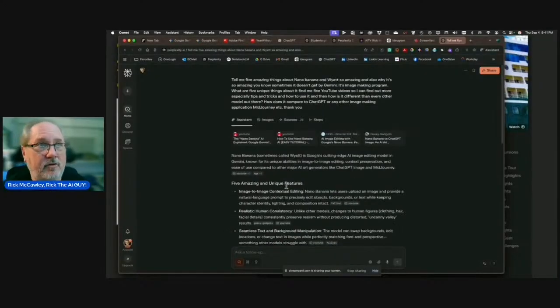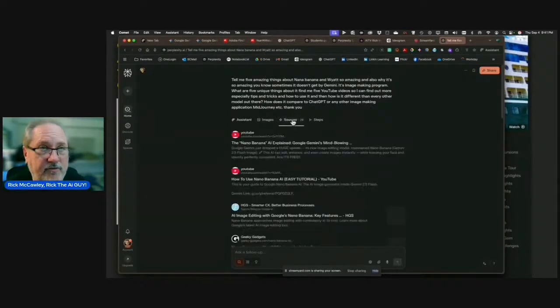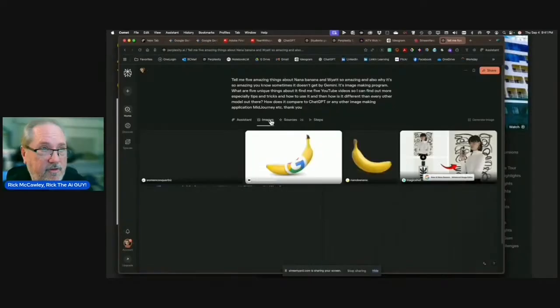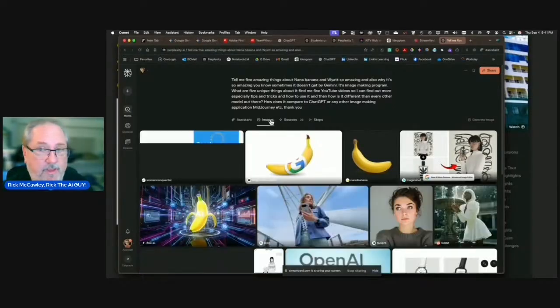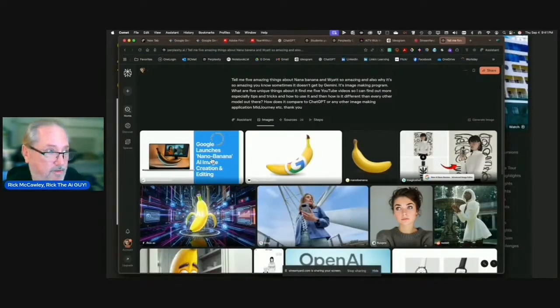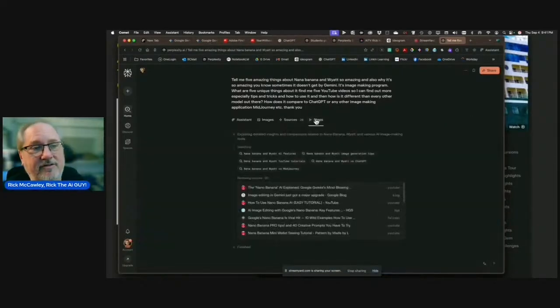And what it's going to do is take all of this and all the sources right here. So there's the sources, so we can see them. Here's the images that it's pulled up off the internet. So we can go find a picture, grab that, and use it in our next YouTube video, right? And then the steps it reasoned to get there. And this is not a deep dive. This is every question you ever ask of this model.